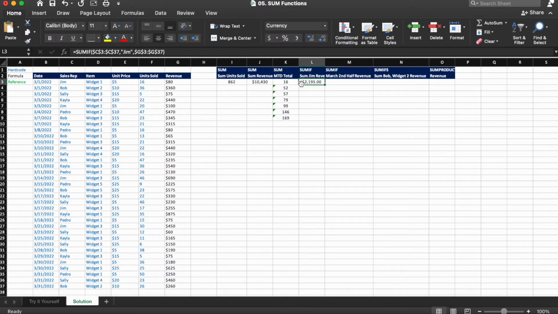And we see now that we have a dollar sign, some decimal places. If you want to change the decimal places, you can simply go up here right below where it says currency, and we'll decrease our decimal so it shows no decimals.